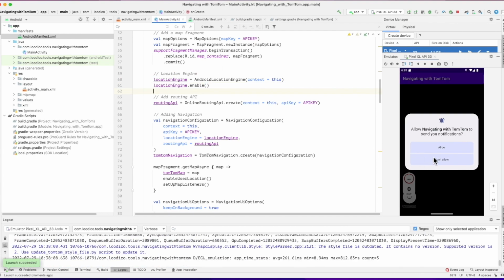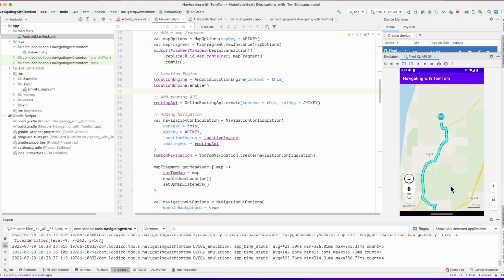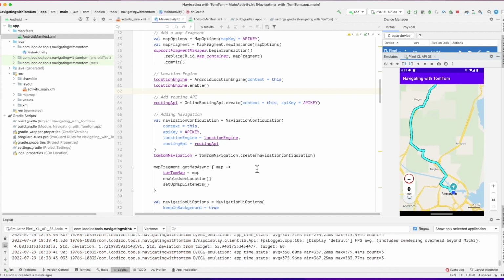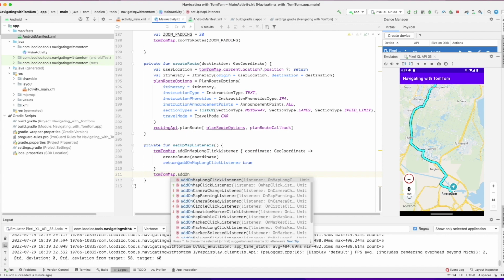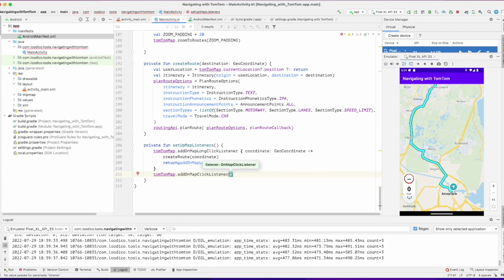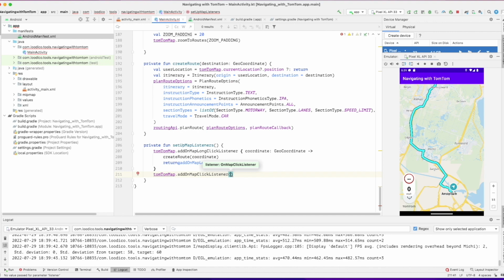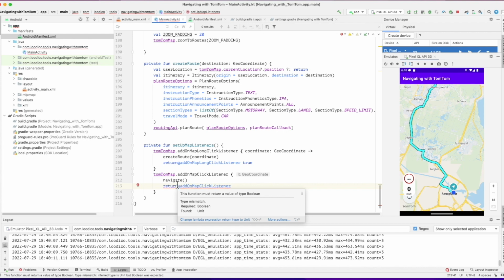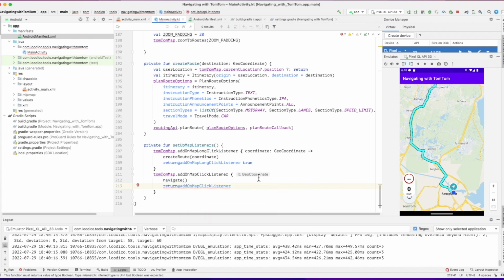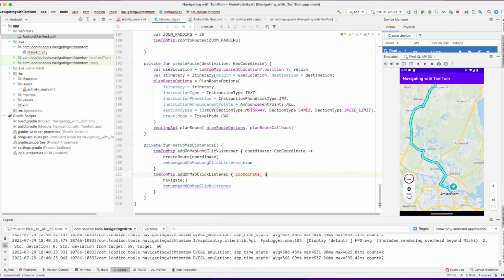We have to create a route, hold, long click, we have a route, and if I click, nothing happens. I forgot to add the click listener, right? So we have to add a click listener in the map, and that will actually execute the navigate. Yeah, by default the click listener also receives the coordinates, but I don't care about that because we already have the destination, we have the route created. So just navigate, and well, we can use the coordinate there. It's gonna be ignored.